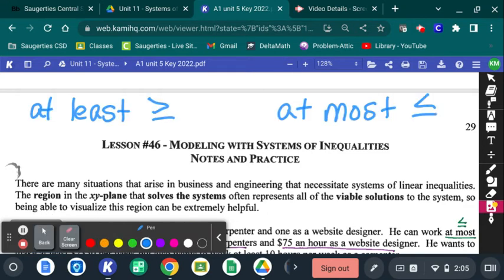So one thing you see a lot in word problems are these two phrases. I'm assuming you can do greater than or less than. But when you see at least and at most, it is kind of tricky. At least is a greater than or equal to sign. At most is a less than or equal to sign. Make sure you write this in your packet on this page because you're going to see it a lot with